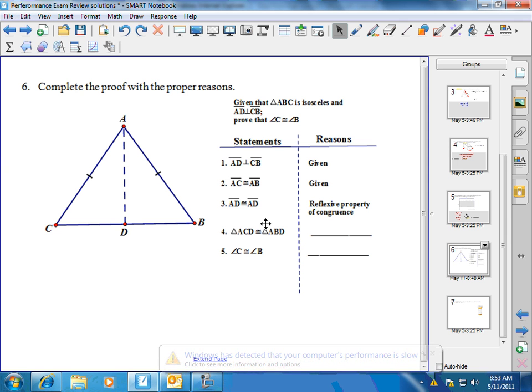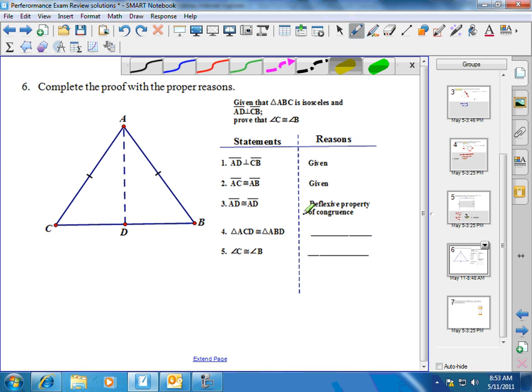You notice the next statement says that triangle ACD and triangle ABD are congruent. All right, how can we say that? Well, we can say that by the hypotenuse leg theorem. The hypotenuse leg theorem says that for right triangles, if the hypotenuses are congruent and one pair of corresponding legs are congruent, then the right triangles are